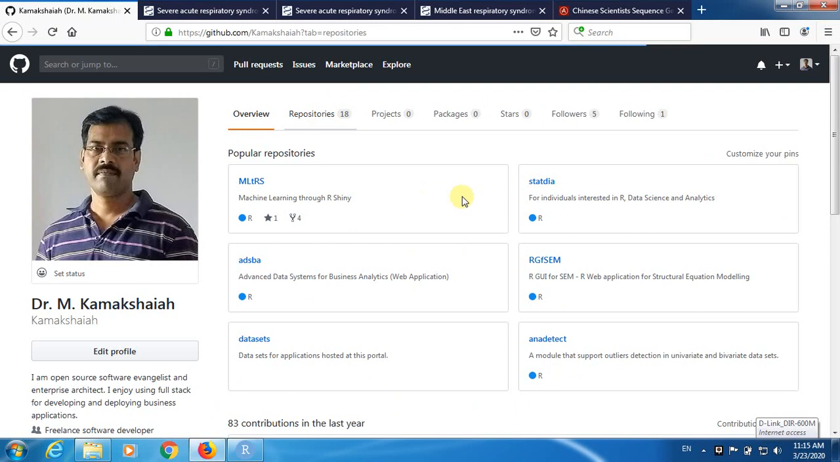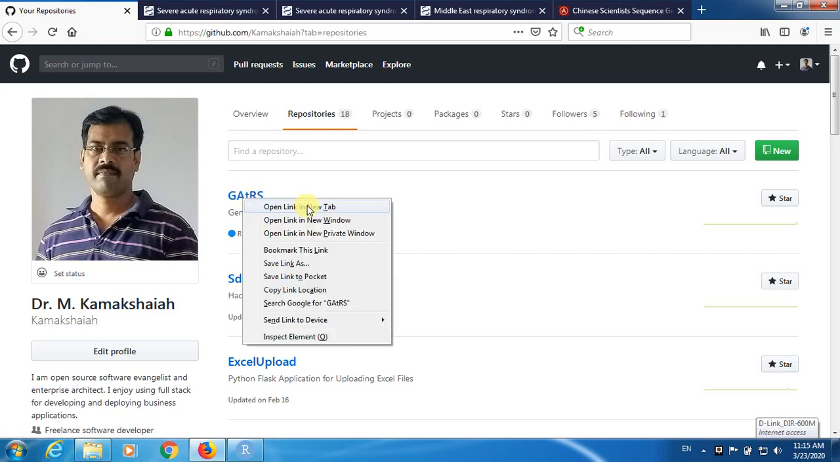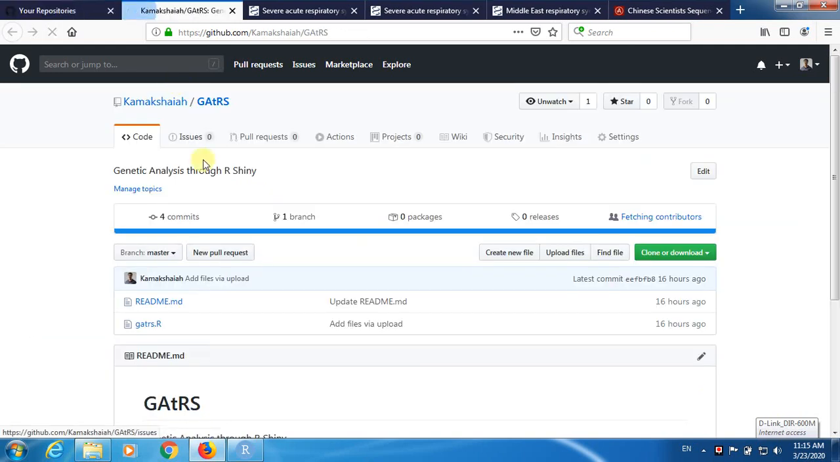My internet connection is very slow. This is GAtRS, Genomic Analysis through R-Shiny, and the file. This is a file which is very important, before going to the nitty-gritty of this application. Why I started developing this application? Because I just came across